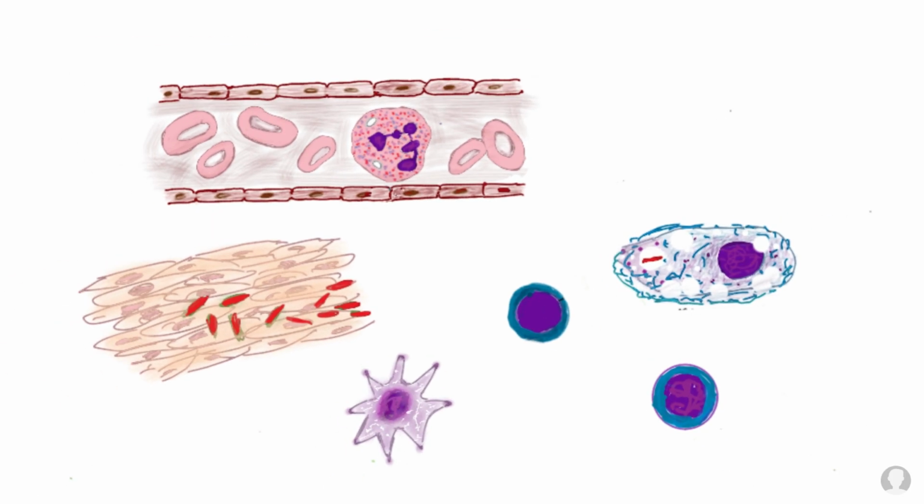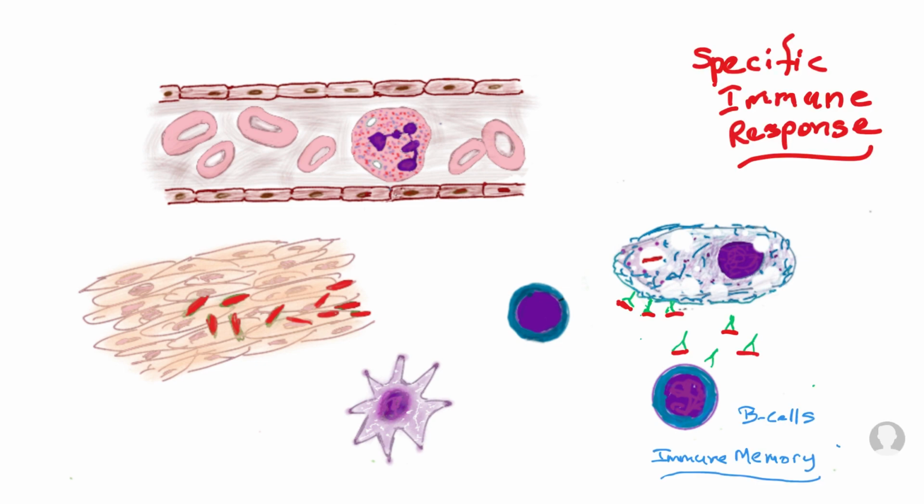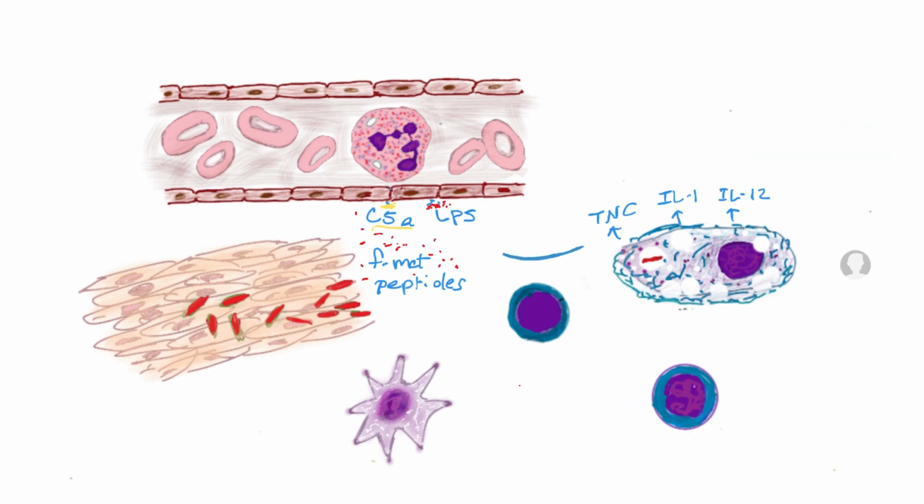So far, we've seen the innate immune system work in a quick, nonspecific response to foreign invaders. The specific immune response involves B cells with immunological memory to make specific antibodies against the foreign antigens, providing a delayed but stronger and more robust specific immune response. Activated macrophages secrete tumor necrosis factor and interleukins. The neutrophils